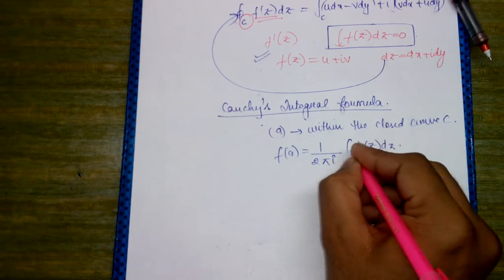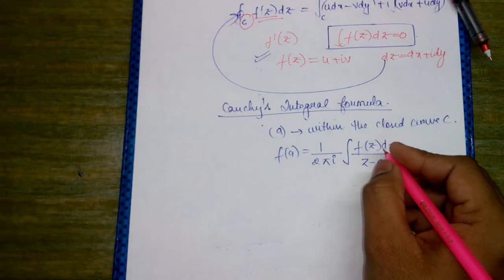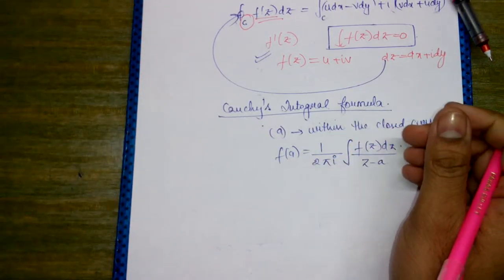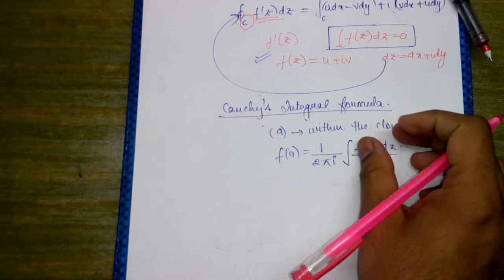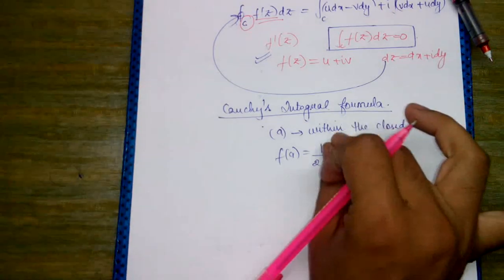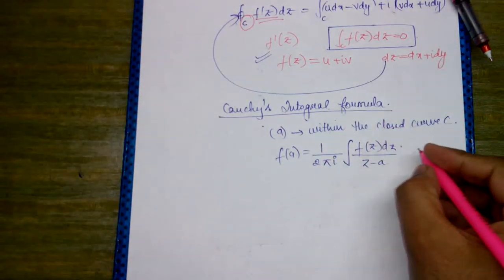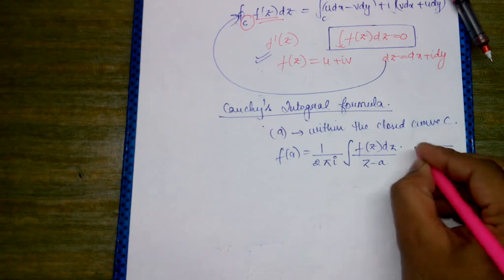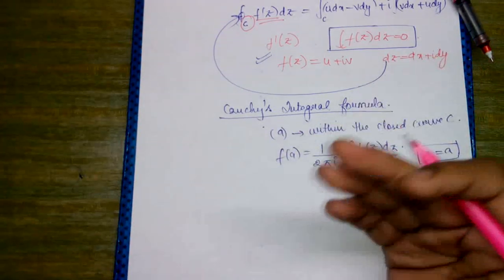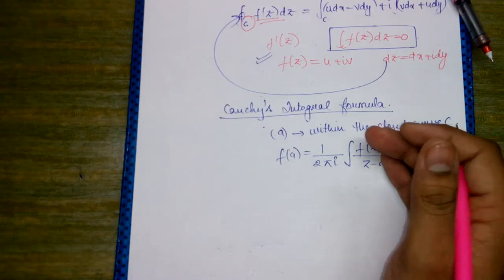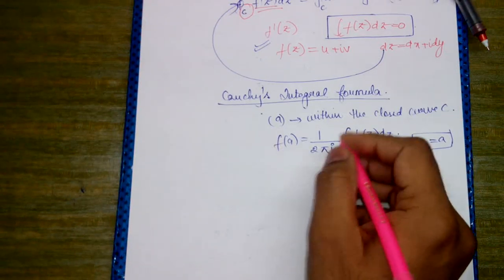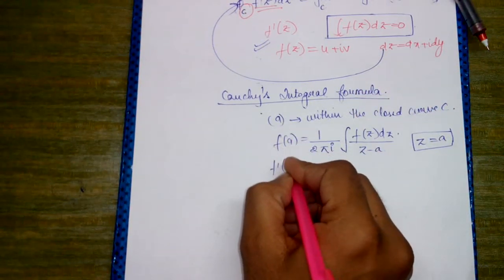upon z minus a. Where a is any point which is within the closed curve C, and the function is analytic at all the points within C except at z equal to a. At z equal to a our function will not be analytic; at the rest of the points the function is analytic. So we have found the value of f of a; if we want to find f dash a,